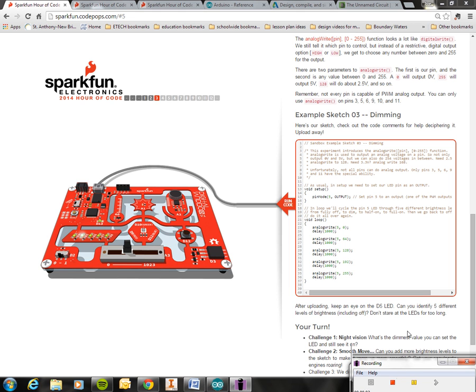Well, I really like this analog write command. Yesterday we were able to make this light gradually go from off to fully bright by sequentially adding a little bit of value to its light value, right? The analog write tool worked really well for that. But there's a couple drawbacks, right? For one, it's kind of steppy, like it kind of gets brighter and brighter and brighter, but not really